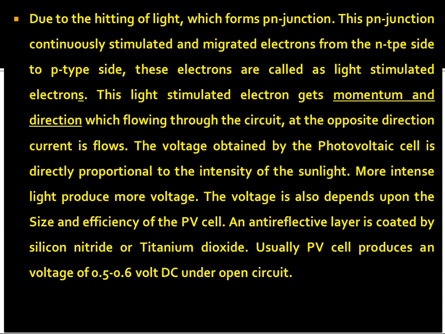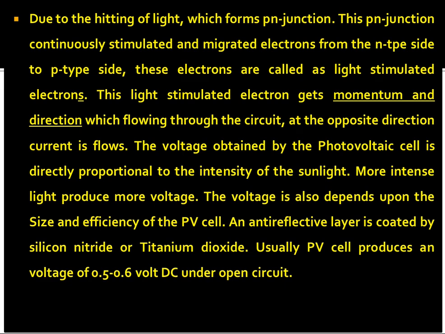Due to the hitting of sunlight on the PV cell, which forms a junction, called the PN junction, electrons are continuously stimulated and migrate from the N-type side to the P-type side or from the P-type side to the N-type side. These electrons are called light-stimulated electrons. These electrons get some momentum and direction, flowing through the circuit in the opposite direction,